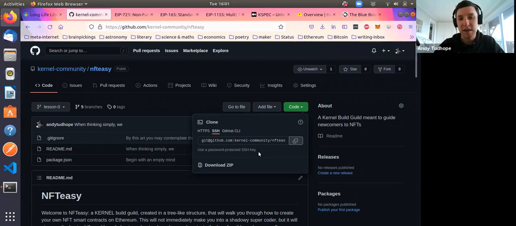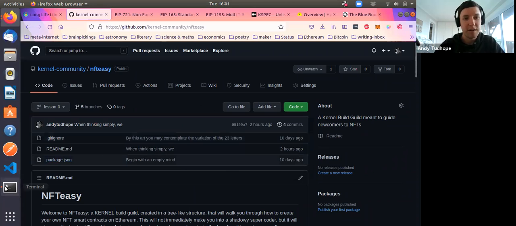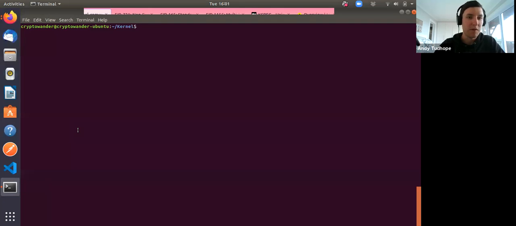You should see, if you click this code dropdown, the ability to clone using HTTPS, which I recommend, unless you are a developer and you've set up your own SSH keys, which if you're a developer and you haven't, please do. I use SSH, but HTTPS is more accessible and requires less setup. You can copy the URL. And if you open your terminal or your command prompt, make sure that you're in a directory that you want to be in. You can see